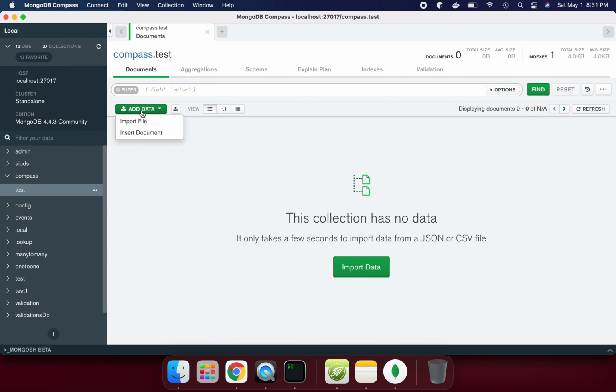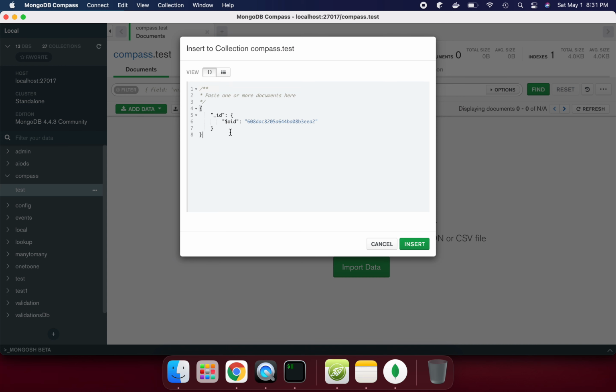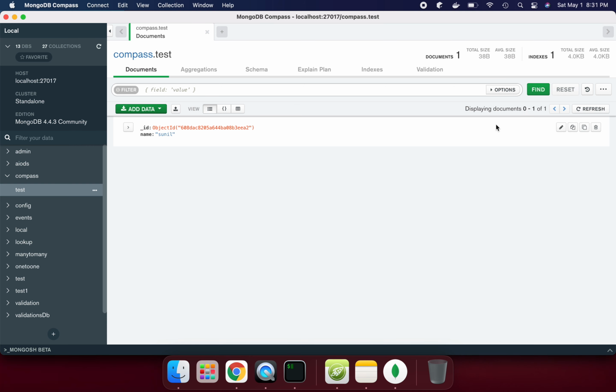Now how can we import data into this collection? Either you can import a whole JSON file in the correct data format, or you can insert a document. So I'm going to say insert, and the document is like name: Sunil, just a field and a field value. It says insert not permitted while the document contains an error. So what is the error here? This is not valid JSON, so we need to put in valid JSON. So we try to insert. Now this document is inserted.